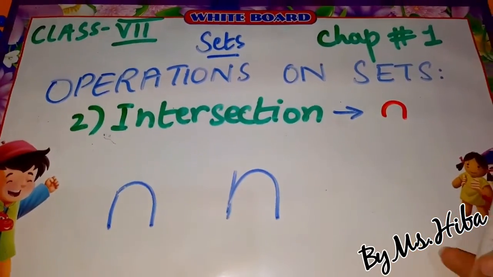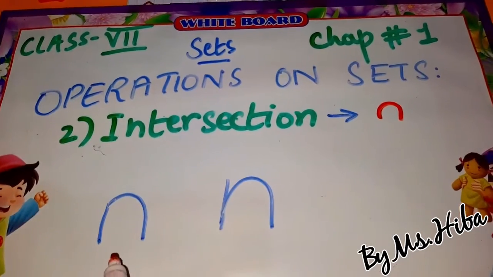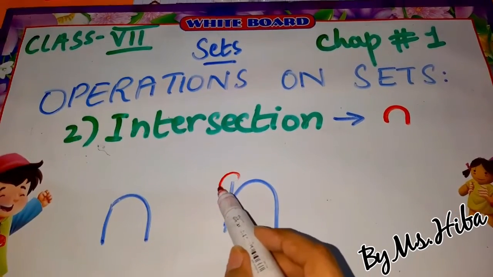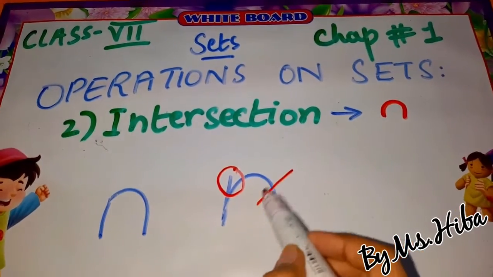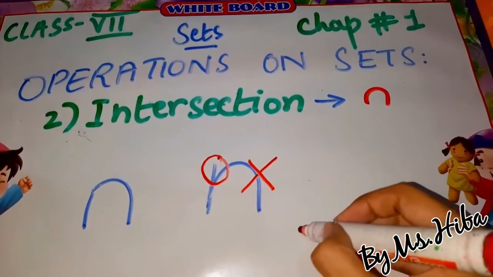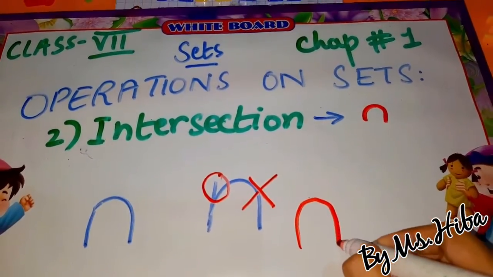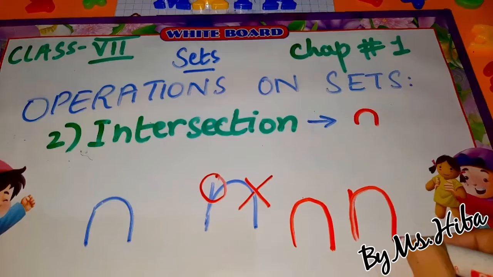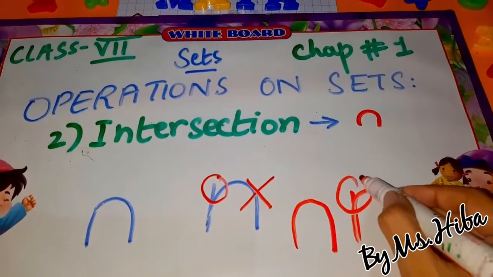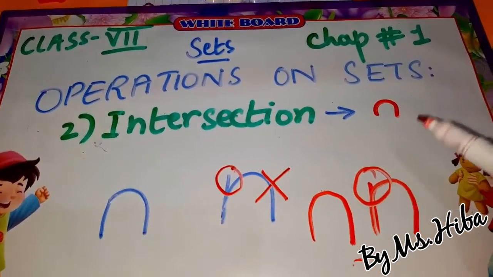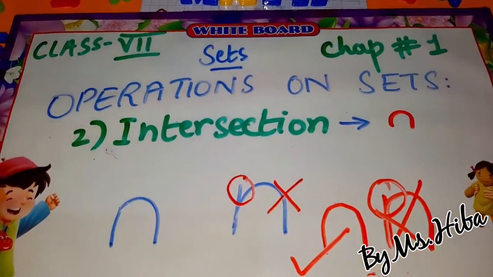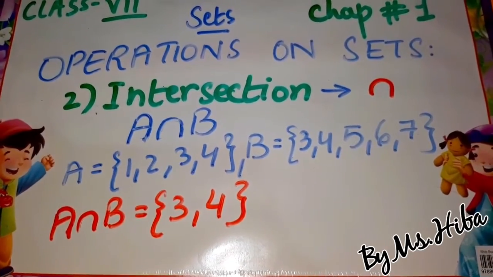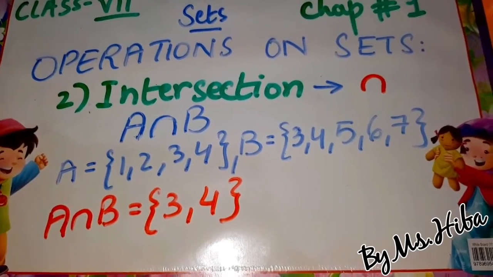So first of all we need to understand that we write intersection like this. We can't write intersection like this because this is the incorrect way to write N. This is wrong. We need to write N like this. If we make N like this to represent intersection, this is the incorrect way to represent it. So this is wrong and this is correct. Intersection is a set containing the common elements of A and B is called the intersection set of set A and set B.